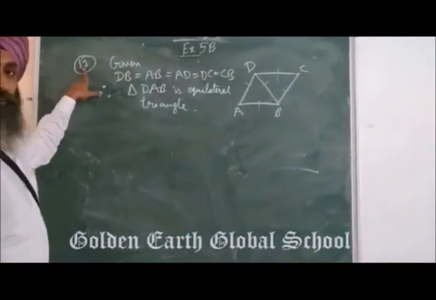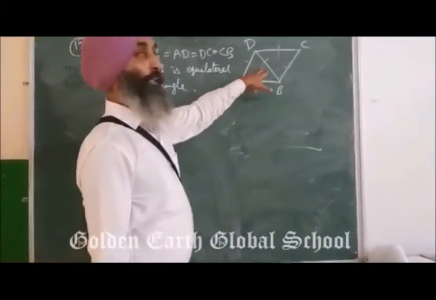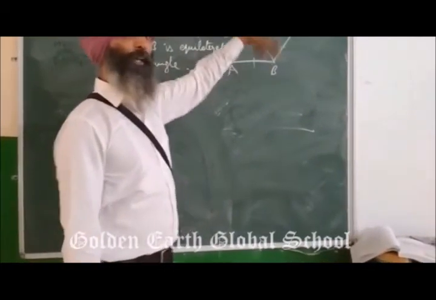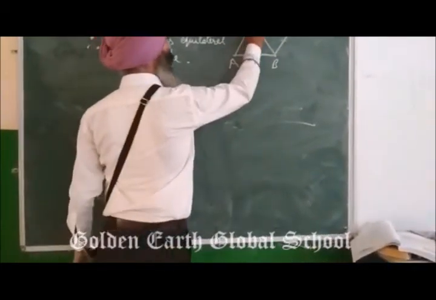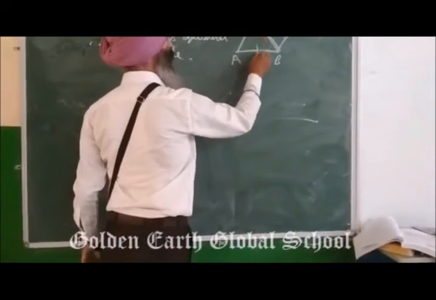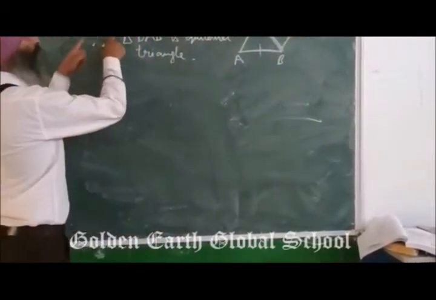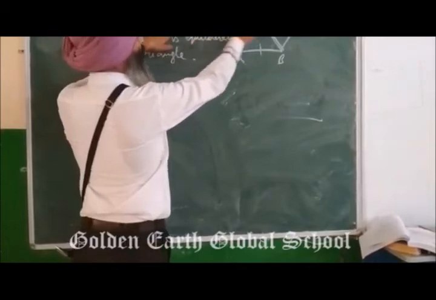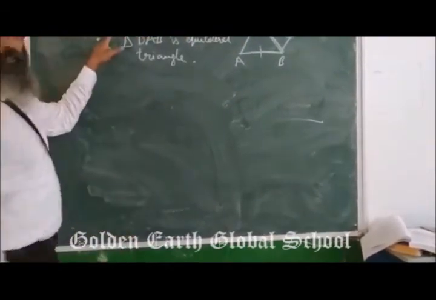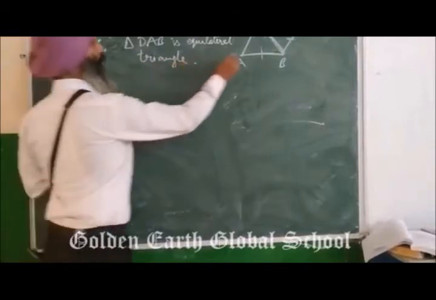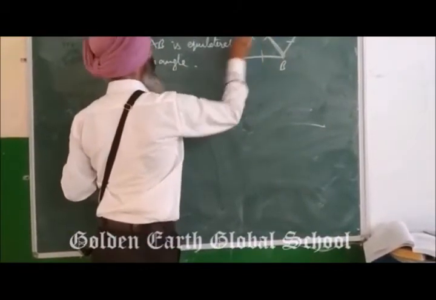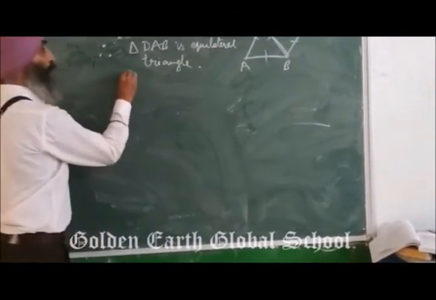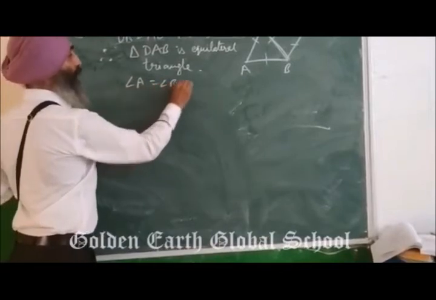In 12th question, we have given that if one of the diagonal of the rhombus, ABCD is a rhombus, and diagonal is equal to the side of the rhombus. So it means we have given that this diagonal is equal to the side. So all sides are equal. So we can say that DB is equal to AB and AB is already equal to AD and AD is equal to DC and DC is equal to CB. It means all sides and one diagonal are equal. It means in triangle DAB, you can say that triangle DAB is an equilateral triangle. If it is an equilateral triangle, then all angles are equal to 60 degree.